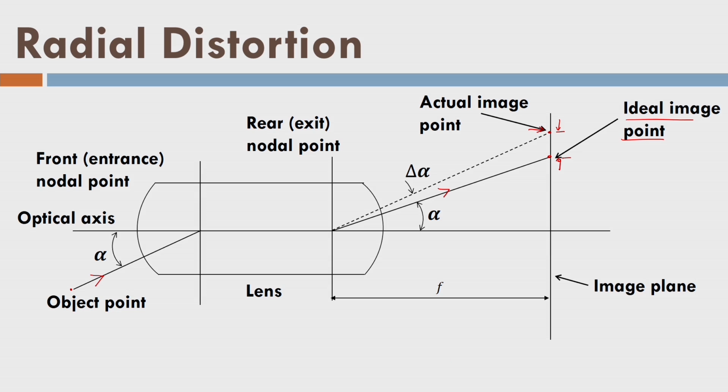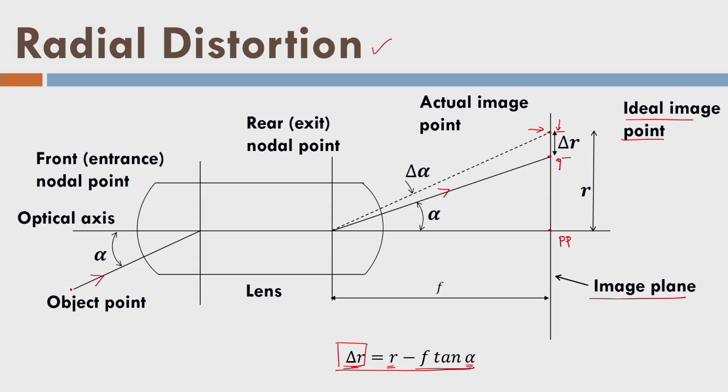This is the actual image point, and I can measure this actual image point in the image. So this is the distance r, which is the radial distance from the principal point. Imagine that this is the image plane, this is the lens, r is the radial distance from the principal point, and this is the distortion delta r. That means I need to correct image coordinates by delta r, and delta r is given by r minus f tan alpha, as is evident from the simple mathematics of the figure. Once I know alpha, which I can always calculate with the help of r, I will get this delta r. So by applying the delta r correction to the image coordinates, the image points will be corrected.